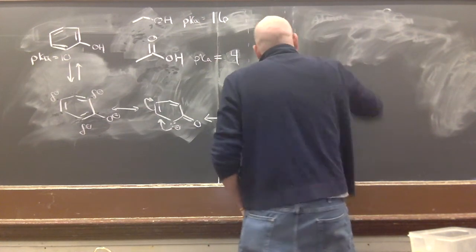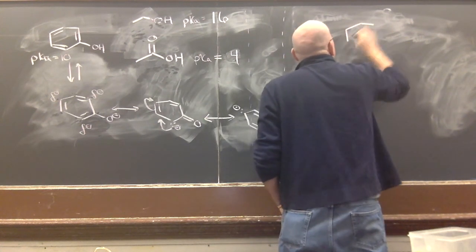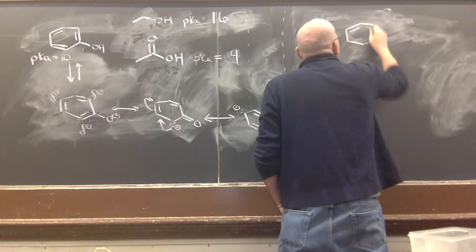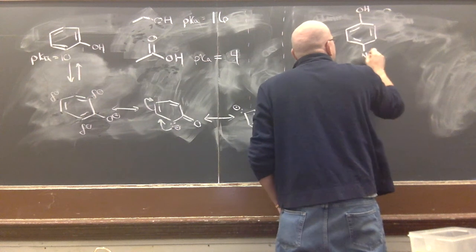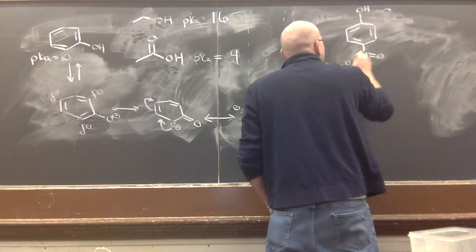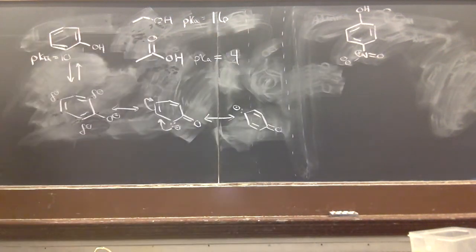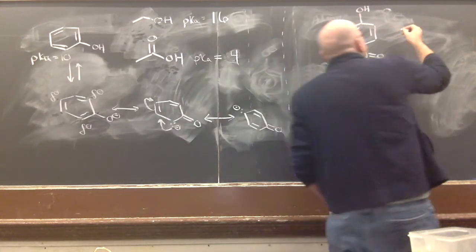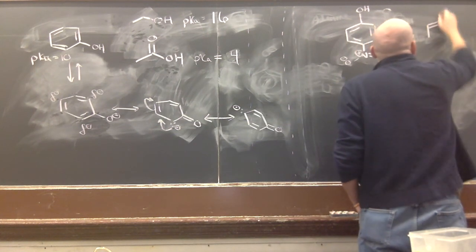So if you put a substituent on a phenyl group like this, say a nitro group, that nitro group is in conjugation with the rest of the pi system. But importantly, if you were to deprotonate at this position, you're in a position where you can resonate throughout here. So if I were to deprotonate this phenol,